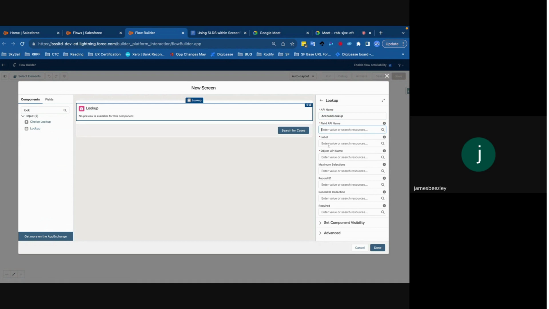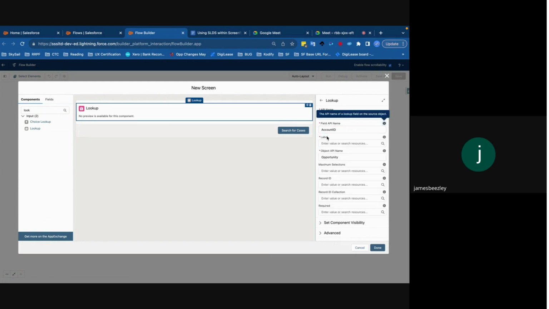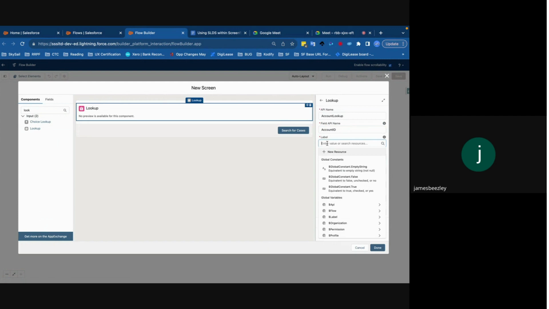And then you have to give this particular feature an object and a field name to use as your lookup. So classic place for an account lookup is opportunity, as the account ID is the lookup. So we can say object API name is opportunity and field API name is account ID. What should we call this? These